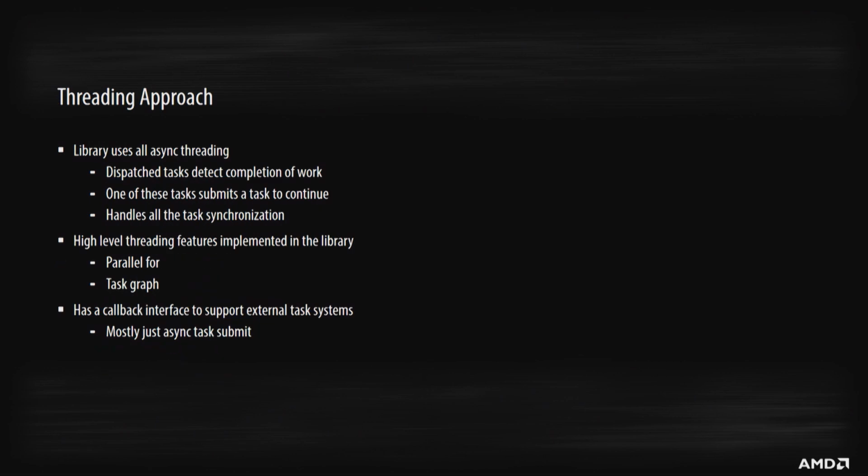Okay, so I'll talk a little bit about the threading approach in general in the library. We've moved over to what some people call the async threading model, instead of having your dispatches of parallel work basically submitted and then you wait on a thread for the completion of all of them. Instead, you have all of your dispatch tasks detect when the work is complete, and then one of those tasks will actually send or dispatch a new task